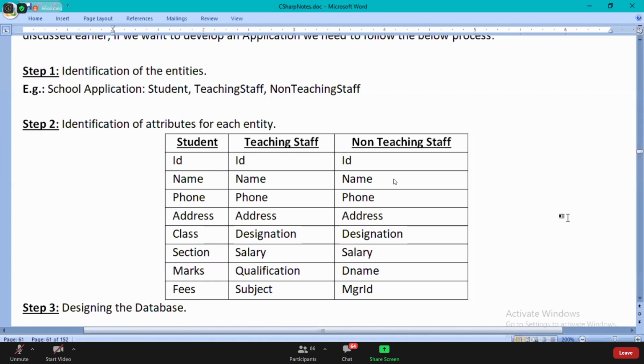When the things are going to be defined multiple times, is it not code duplication, guys? Yes or not?